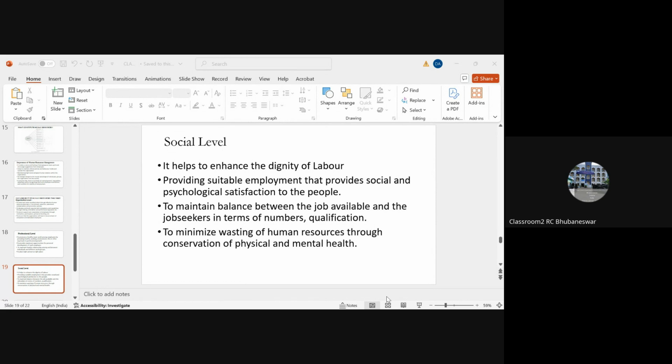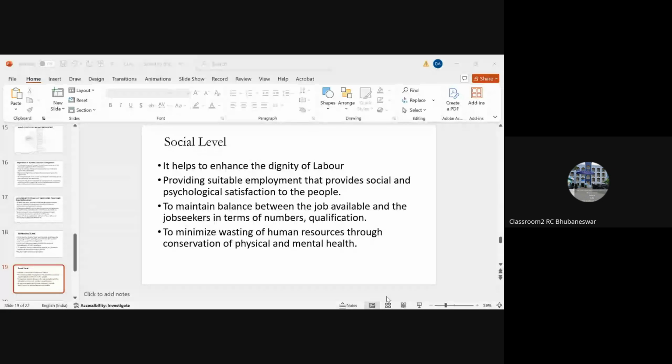All the people in the society should be socially and psychologically satisfied, to maintain a balance between job available and the job seekers in terms of numbers and qualification. Number and qualification is immaterial, but your involvement and your positive attitude is very important to minimize wasting of human